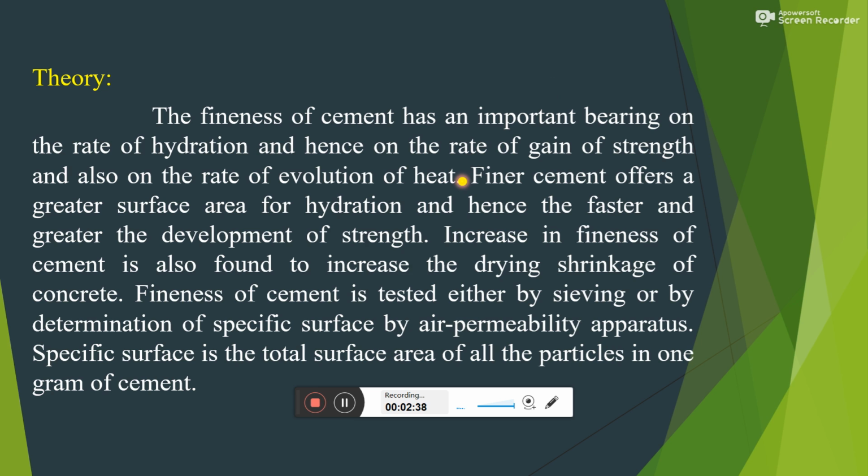What are the various ingredients of the concrete? The concrete is made up of the binding material, the cement, and the fine aggregate and the coarse aggregate with the proper proportion of the water, right? So you know the importance of concrete. The major material we are going to use for the construction industry is the concrete. So how important it is to know the various properties of that concrete.